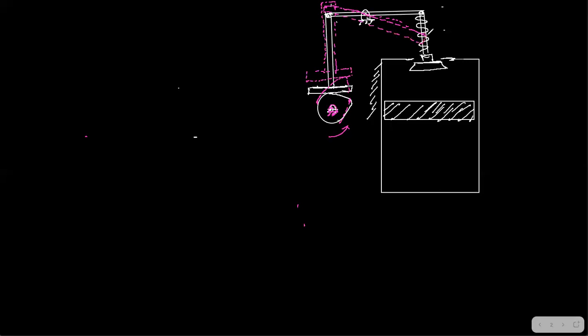So once it is pushing it downwards, what is happening? This spring is being compressed downwards by pushing it down, right? Yes, this entire system is going down and the valve is being opened, right? So now up to whenever this cam is there in the top position, valve will be open.